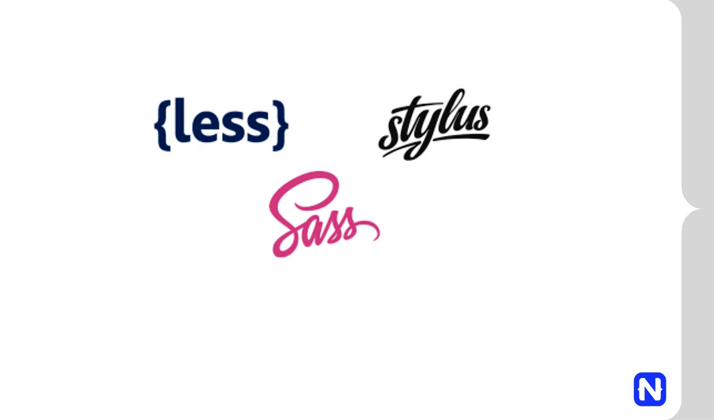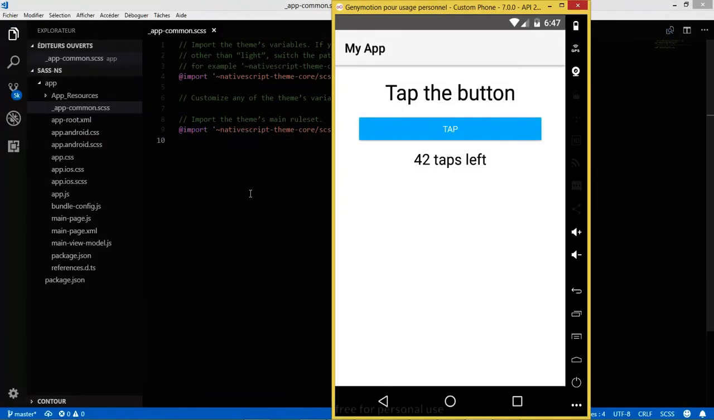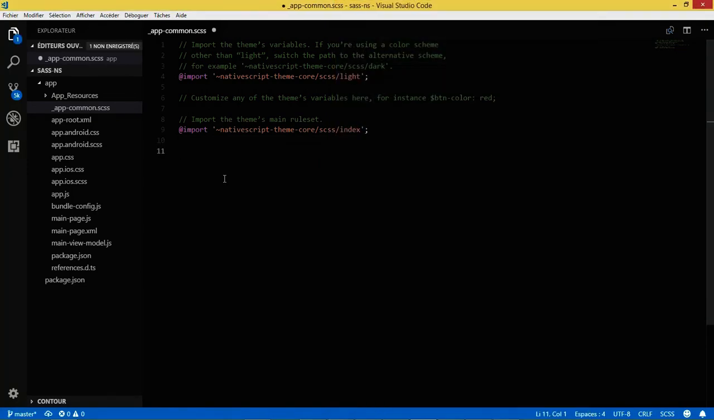As I already explained in the previous video, NativeScript themes are built with SASS. Now let us see SASS in action. Let us say I want to change the background color of the button and the message color to red. So in the CSS file I will type